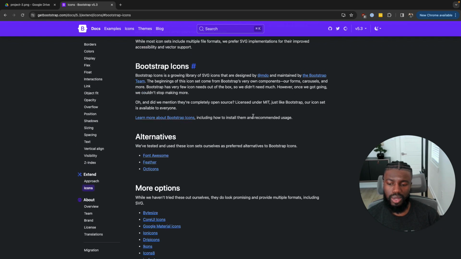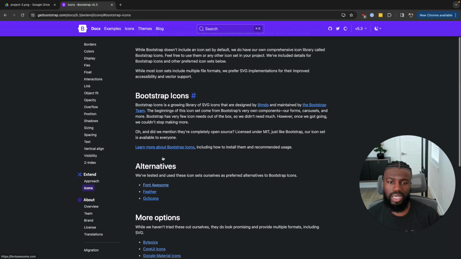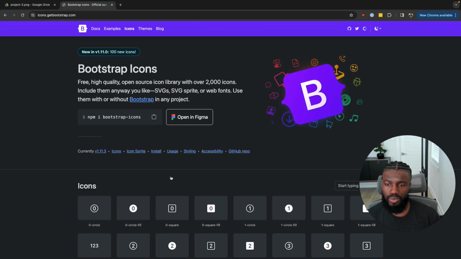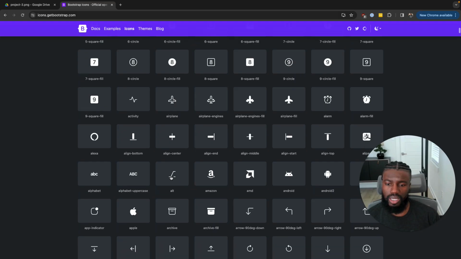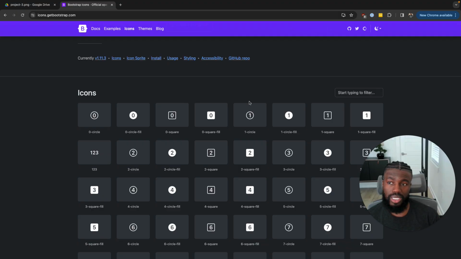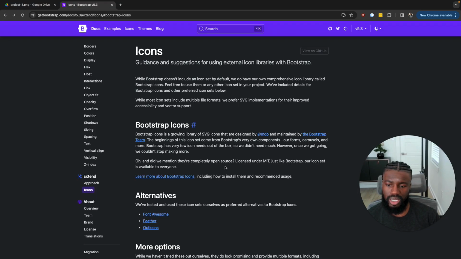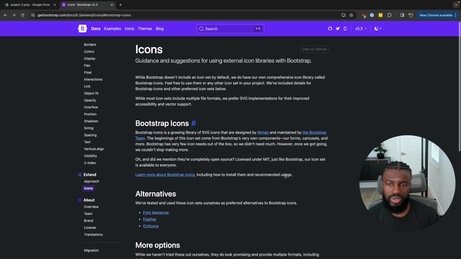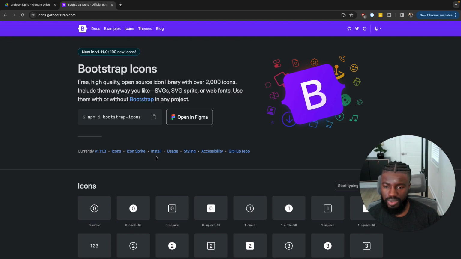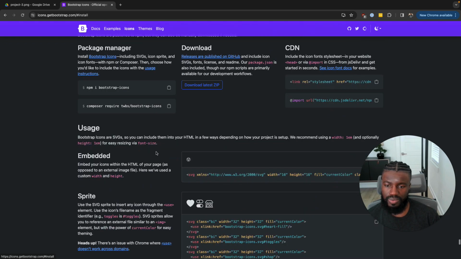If you do want to do icons though, you can just look up Bootstrap icons and click here to learn more. And these are a bunch of the different icons that you can actually use that are already installed, right? If I go back, you see how it says learn more about Bootstrap icons, including how to install them and recommended usage. All right, so clicking that shows you how to, let me see, if you come here and you go to install,